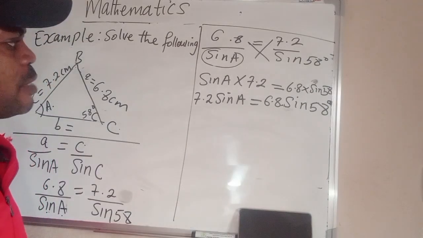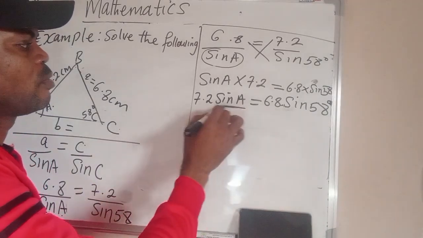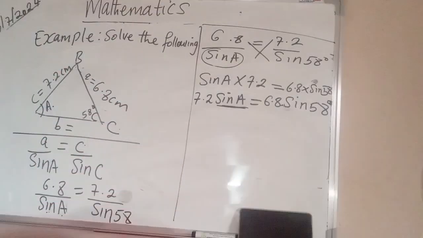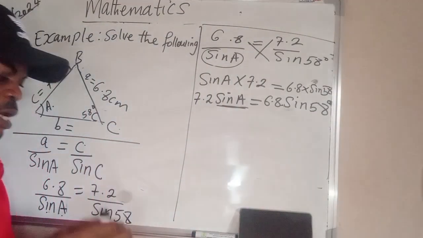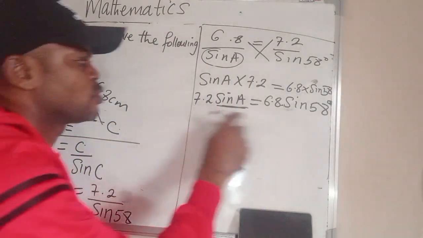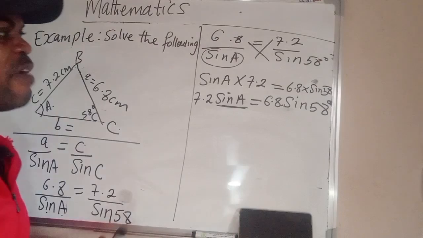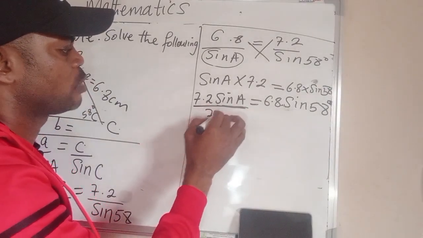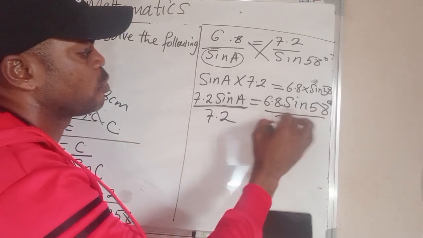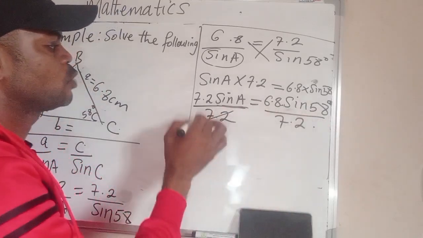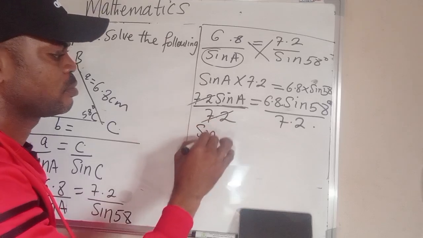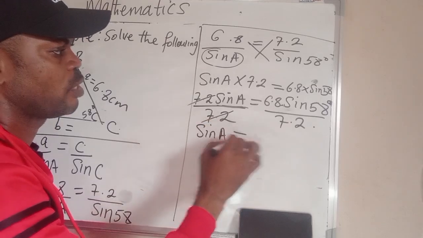So, having done that, I'm looking for the angle A. So what do I do? I'm going to divide both sides by whatever is attached to sine A. What is attached to sine A here is 7.2. So I'm going to divide both sides by 7.2, which is 7.2 over 7.2. This will cancel this. I'm now left with sine A on my left, which will be equal to